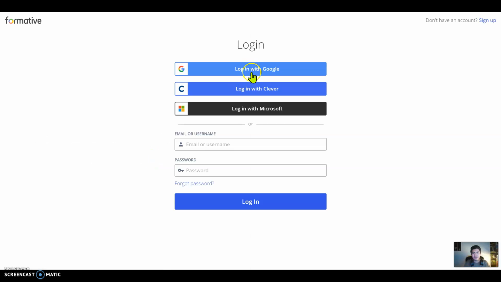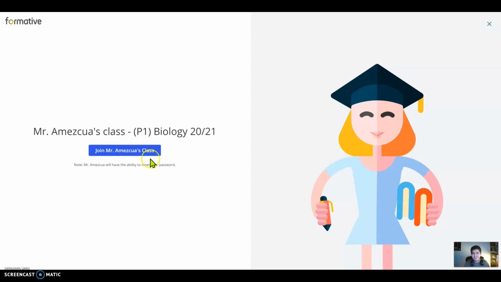Click login and then log in with Google. Don't put in your actual email there. Once you click here, a pop-up window will show up and you select your school account. Simply keep clicking through the prompts, join Mr. Mesco's class,